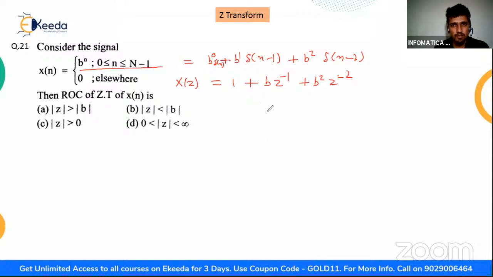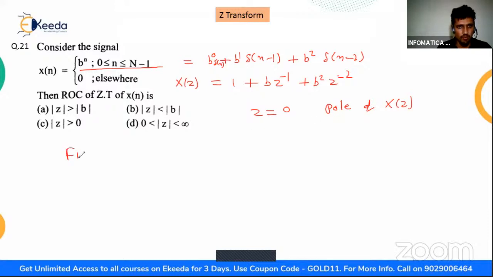So when I am putting z equals 0, this is a pole of this X(z), and since ROC never includes any pole, z equals 0 will not be included. Whenever there is a finite duration sequence or signal, in that case ROC is entire